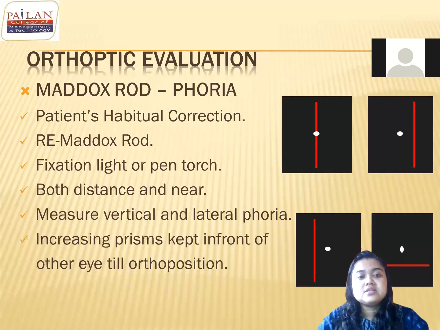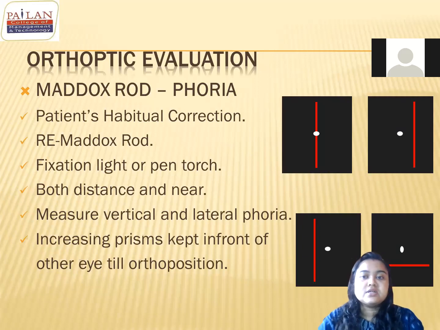In the previous class, we discussed the steps to follow in orthoptic evaluation. Just a very short recap. What are the things you need to do first? You first do the sensory evaluation tests, like the Maddox rod test and the Worth four dot test, and only then move to the motor evaluation tests. So first we do a Maddox rod test, or first we can do a Worth four dot test.